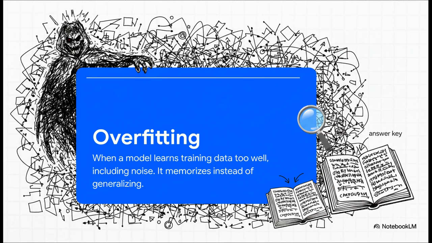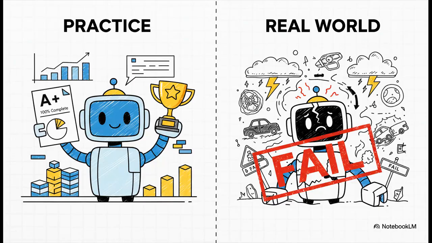And really, overfitting is the villain of our story today. This is when the model doesn't just learn the important patterns, it learns everything, including all the random noise, the weird quirks, and the flaws in the training data. It's not learning the subject anymore, it's just memorizing the answer key. The result of all that? You get an AI that looks like an absolute genius in the lab. It'll get a 100% score on the data it was trained on. But the second you put it out into the real world and give it a problem it's never seen before, it completely falls apart. It's useless, or in some cases, it can even be dangerous.